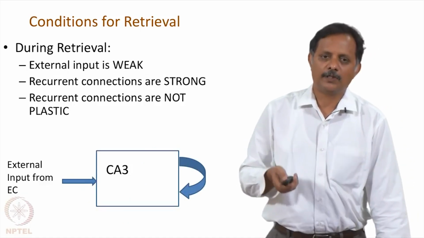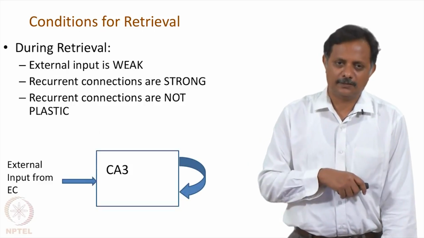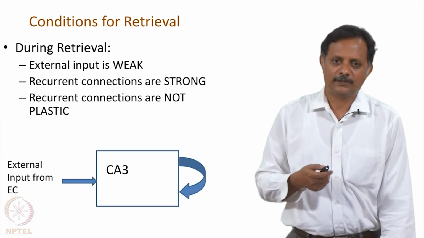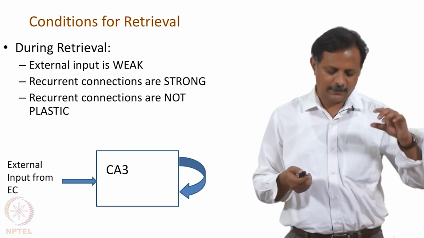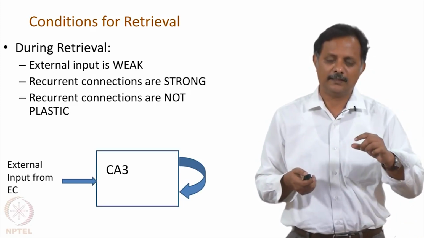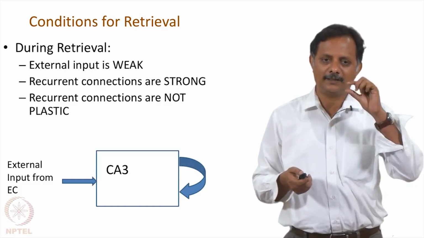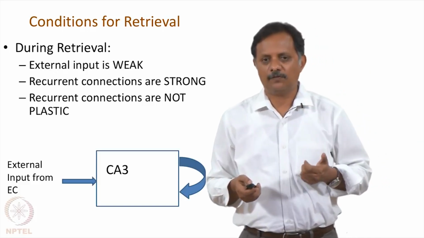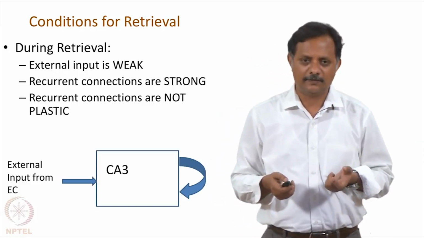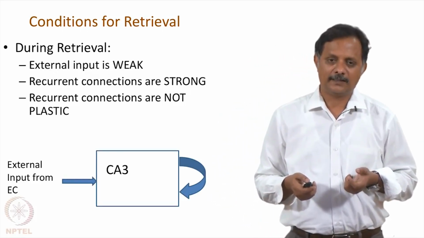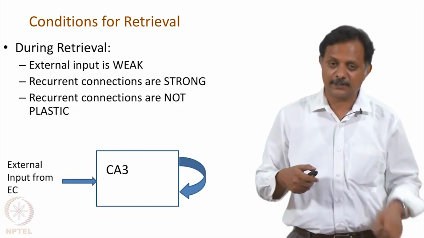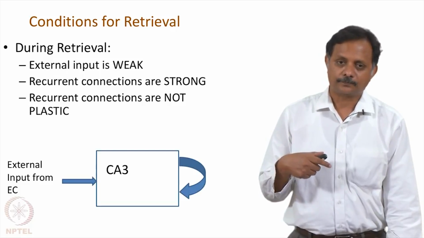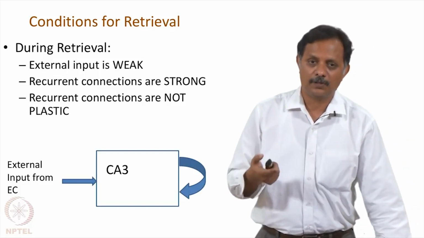Now, for retrieval to occur, you need to have kind of opposite conditions to be met. During retrieval the external input should be weak. You see that the external input from EC to CA3 is represented by a thin arrow in this case. That means external input should not be very influential, it should not influence the CA3 activity too much, and the loop which represents the recurrent connections among CA3 neurons,